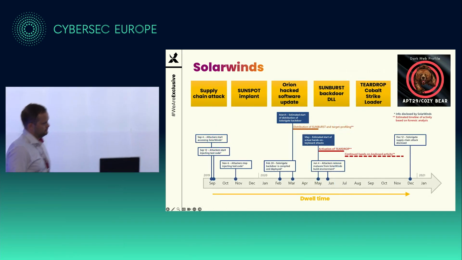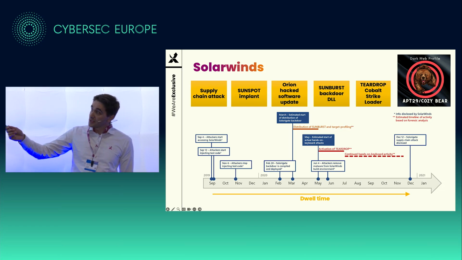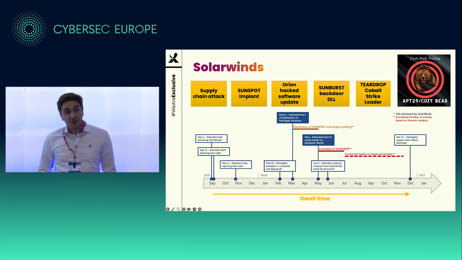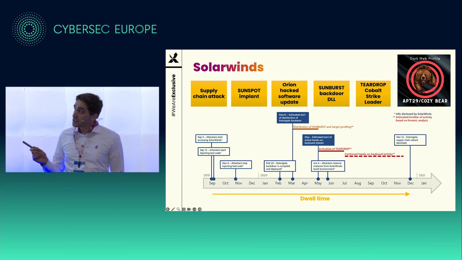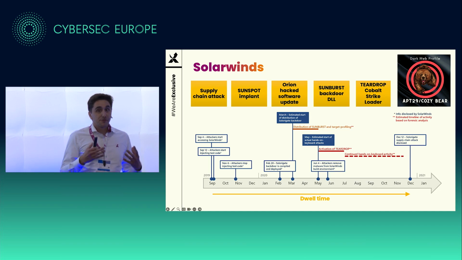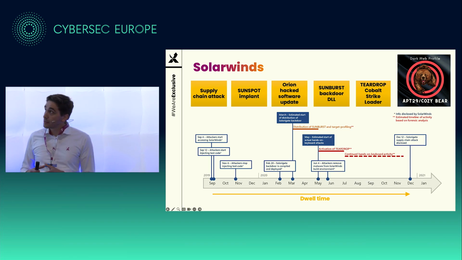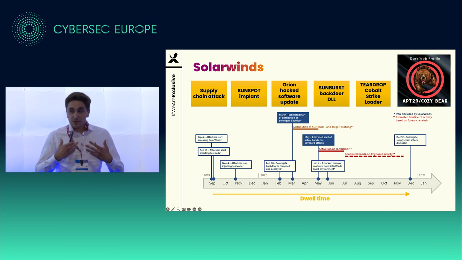Right, let's look at 2 examples. Most of you are probably familiar with or have heard about the SolarWinds attack. I see some people on there. The SolarWinds attack is from 2019-2020. A very sophisticated attack executed by APT29, also known as Cozy Bear. It was a supply chain attack, so they got into the development process of the Orion software that SolarWinds built. They put an implant in there called Sunspot, and then waited until SolarWinds published an update of the software to all their customers, getting them all infected at once.